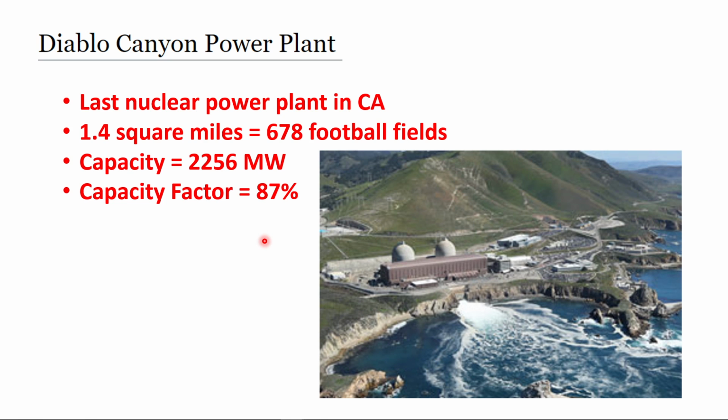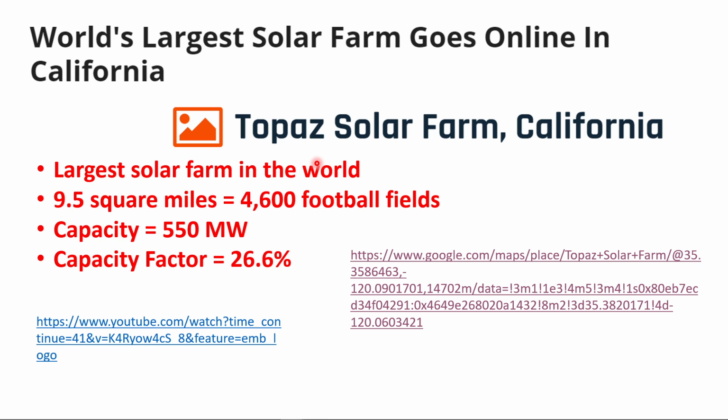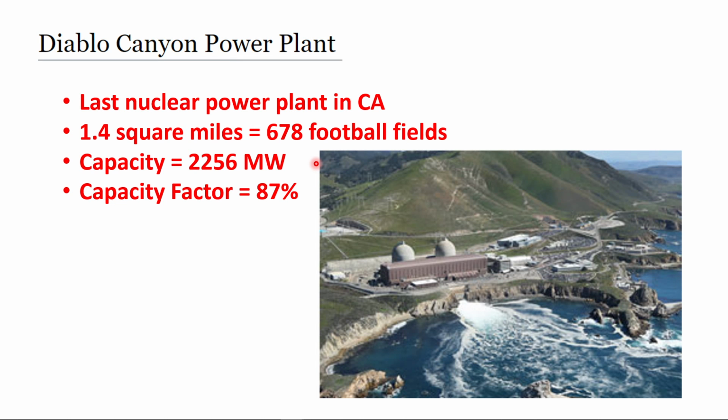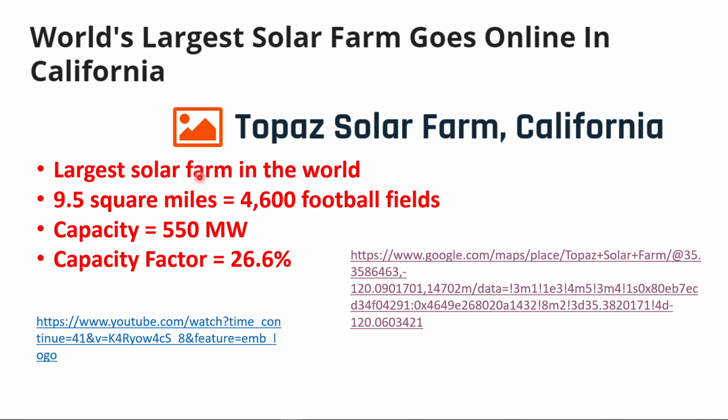Diablo Canyon Power Plant. Now, this is the last nuclear power plant in California and is scheduled to be decommissioned, or I think it is actually decommissioned already. Now let's look at the land covering needed. 1.4 square miles, 678 football fields, compared to 4,600 football fields. Capacity: 2,256, over 2,200. Almost four times the capacity of the solar farm. So a fraction of the space, and the capacity is almost four times